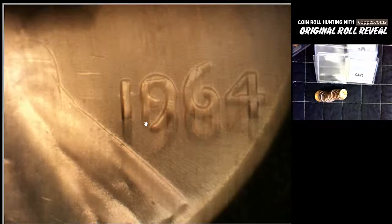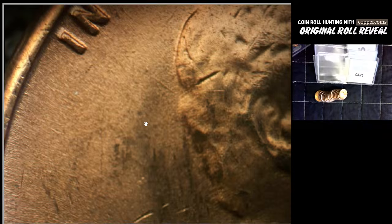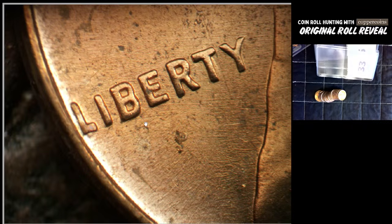Coin 31, Carl. So it looks like we got 3 copies of 1D05 and 2 copies of the other doubled die, which we haven't seen since the first 10 coins. Now, will this... It is. That's one of the doubled dies. Let me look at that picture again. That looks to have...